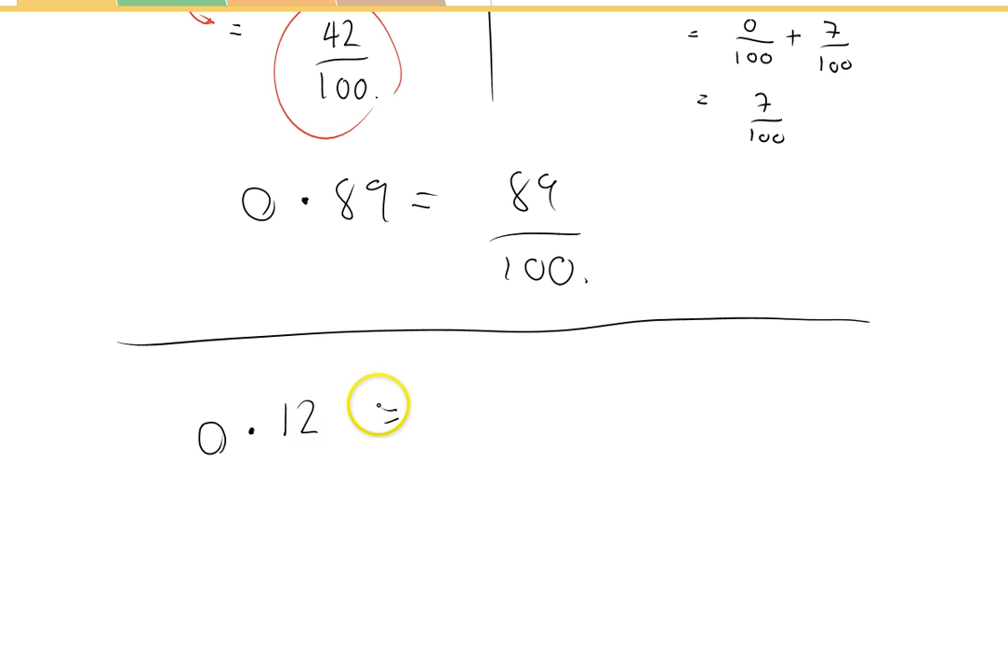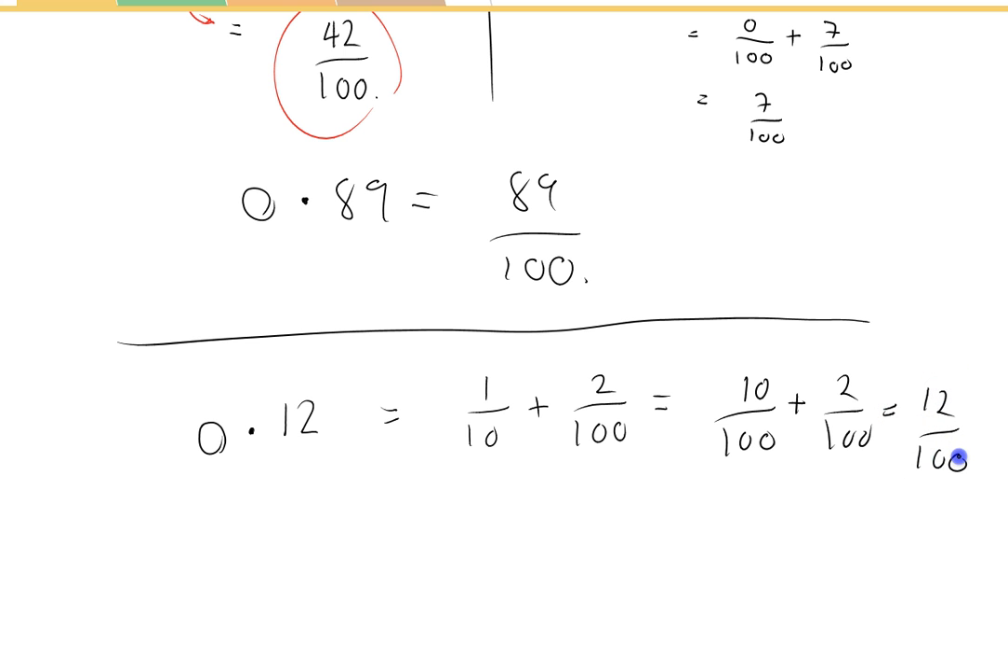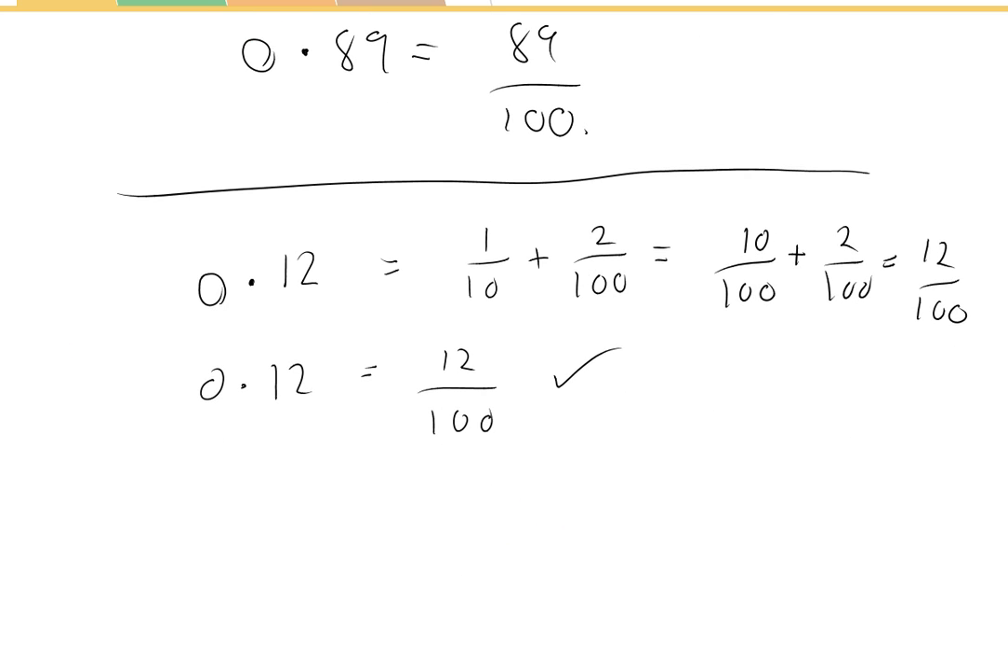0.12 equals. Well, we know it's 1/10 plus 2 hundredths, which equals 10 hundredths plus 2 hundredths, because 1/10 is 10 hundredths, which equals 12 hundredths. So as far as it goes, we've got 0.12 equals 12 divided by 100, and that's correct. I'm not arguing with that, but